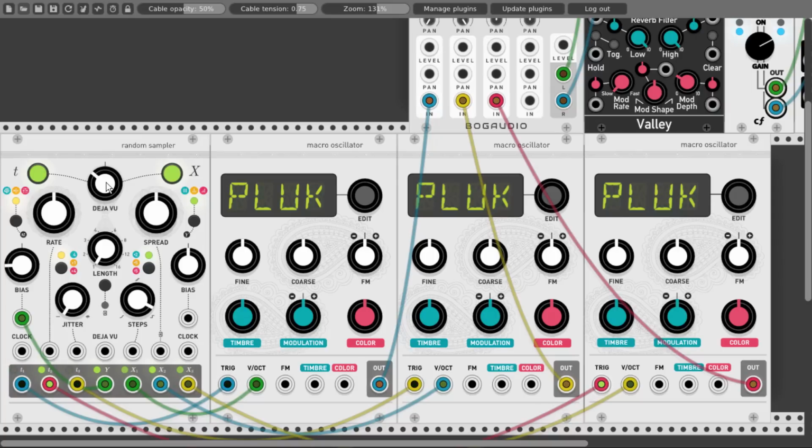So you can hear it's really slowly starting to let more new information in the locked sequence. And if I turn it more to the left, we get more new information. Again, like change in voltages and clock division.